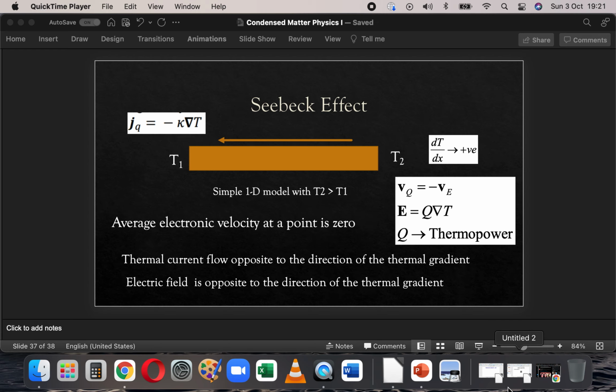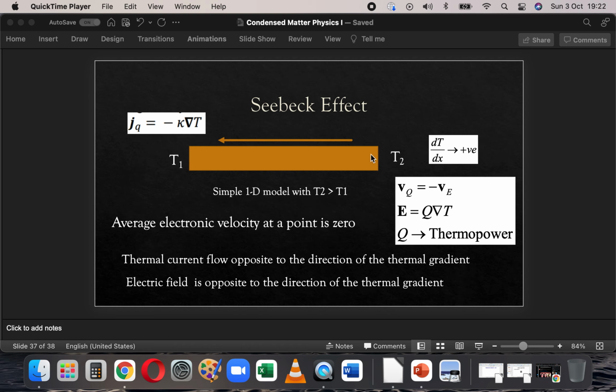When we talked about thermal conduction in a metal, one aspect that might have made you uncomfortable, or that may surprise you, is that we assume that the average electronic velocity at a point is zero. That means that there's no electrical current that flowing, only a thermal current. That seems a little difficult to understand because in the one-dimensional example that we considered, if I have a hotter end here and a colder end here,